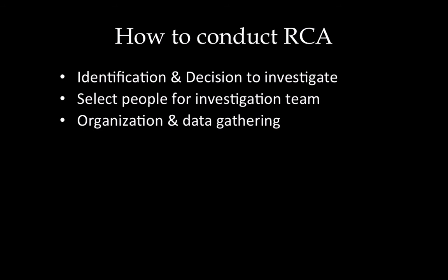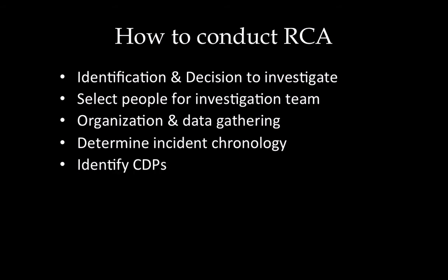At this point, usually what the team does is they will review all the files and they will create a chronology of the event as it played out. So that's where they determine the incident chronology. They will map out what exactly happened from start to end, and then they will identify the care delivery problems. So where were the holes? Remember our Swiss cheese model, right? Where in the system did we find holes? What were the care delivery problems?